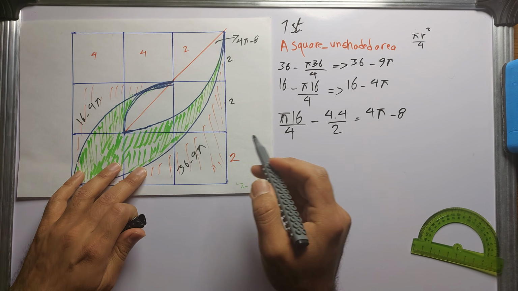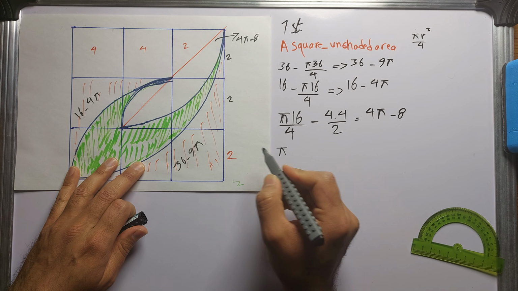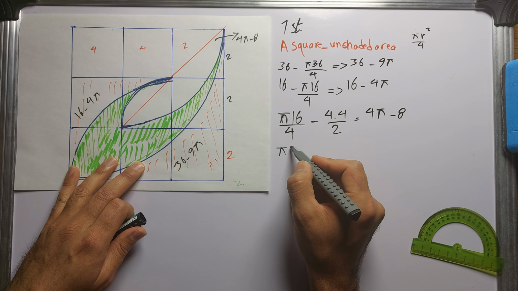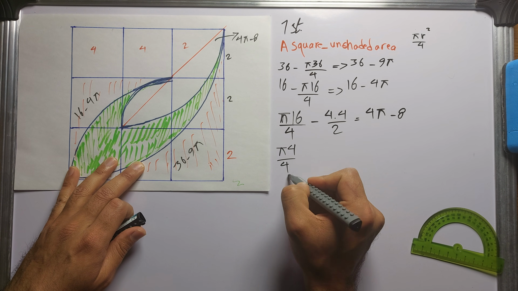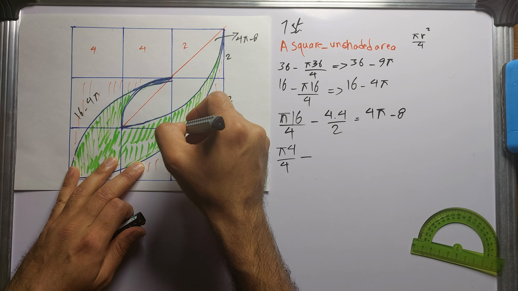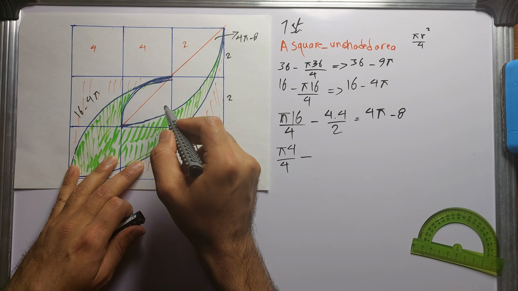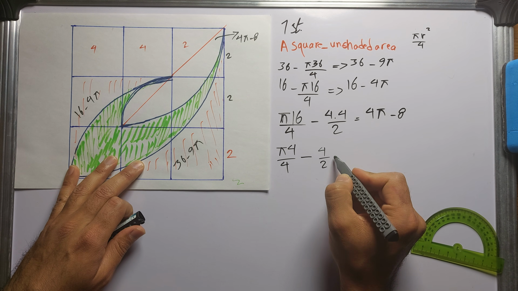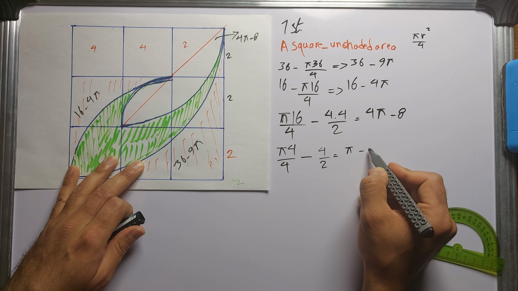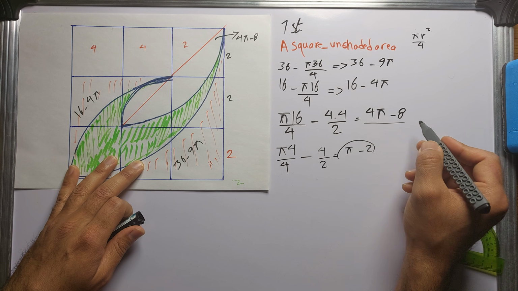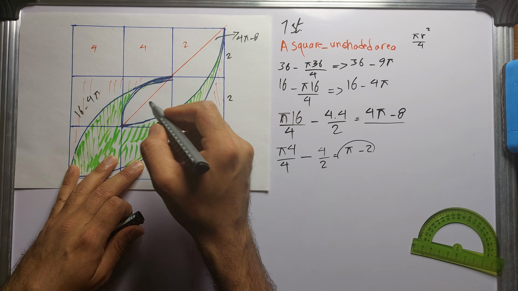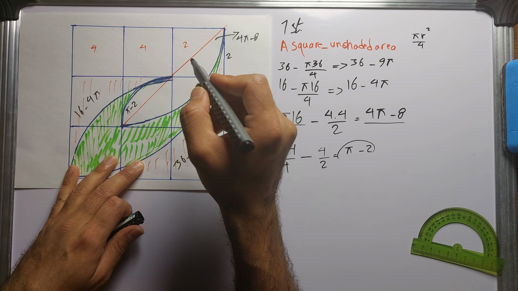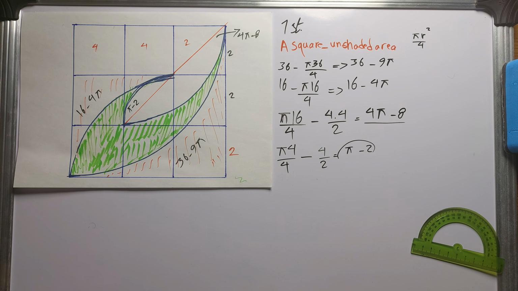So let's write it down again. So pi r squared, that's the area of this big quarter circle. The radius is 2, so 2 squared is 4 over 4, because that's a quarter circle, minus the area of this right-angled isosceles triangle. So 2 times 2, 4 divided by 2 again. So that's going to be pi minus 2. And this little area here is pi minus 2. And the other one is also 4 pi minus 8. So